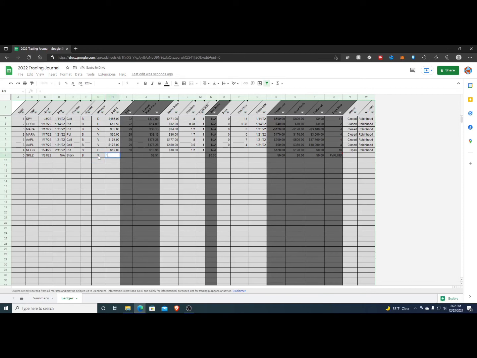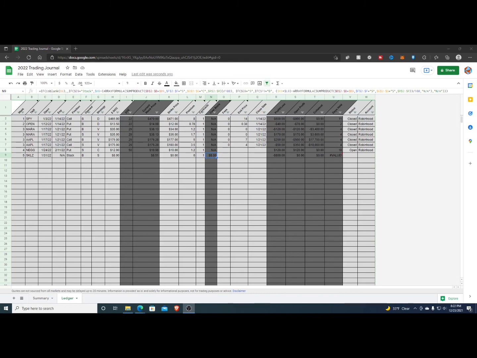And let's say it was trading at $8 a share there. The date of expiration, of course, is going to be blank because there's no expiration date on stock. For strike price, we'll just type in 0 here because stocks don't have a strike price. And for premium, we'll also type in 0 because they don't have premium. For contracts, you enter this in quantities of 100. So if we were to buy 100 shares, we would type in 1 here. And you'll see here that the cost basis now has a